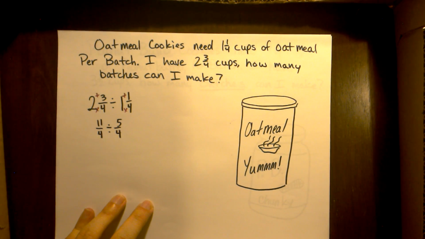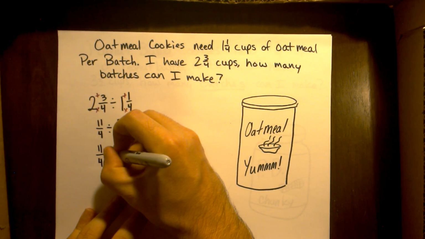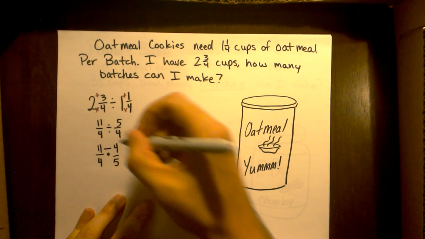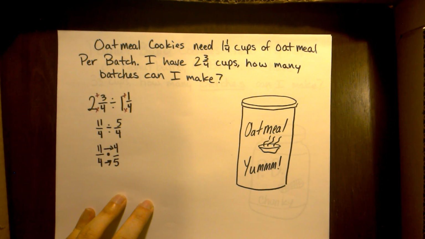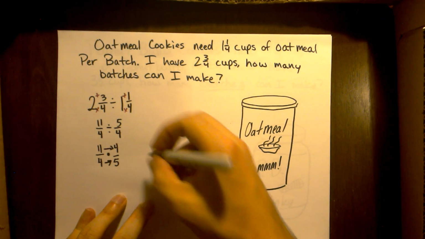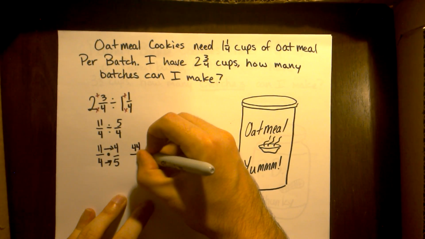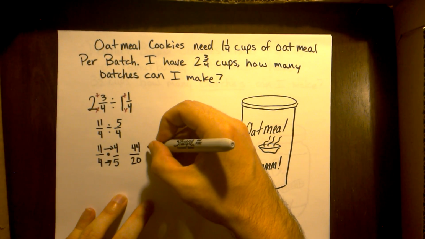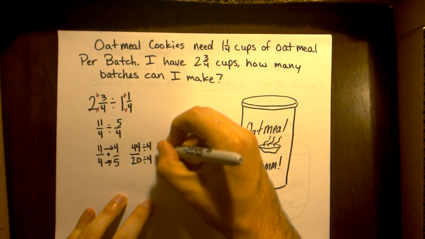5/4. Dividing fractions, easy as pie. Flip the second number and multiply. So 11/4 times 4/5. Now, some of you see that problem right off the bat and you think reduce, while others of you aren't quite there yet. So I'm going to just reduce at the end. 11 times 4 is 44, and 4 times 5 is 20. Now these are both even, but I also know that 4 can go into both of them. So I'm going to divide by 4, and I have